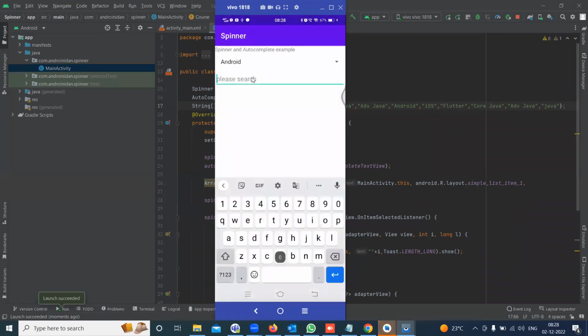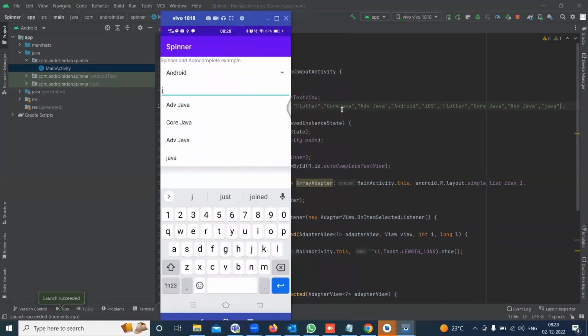See, I'm starting with the letter J. Only 4. What are those 4? We can compare here. See, Java, this is the last one. Advanced Java, this is the one. Core Java, this is the one. Then this advanced Java. Then what about this core Java? Why has this core Java not come here? Because simply you can see here,